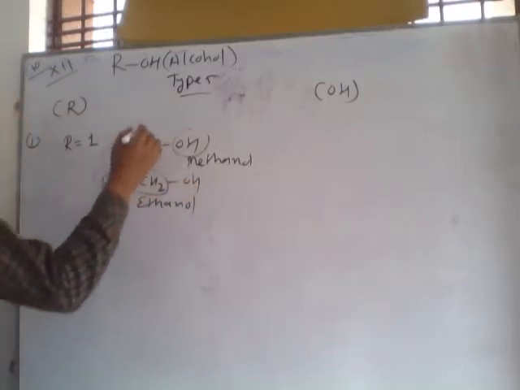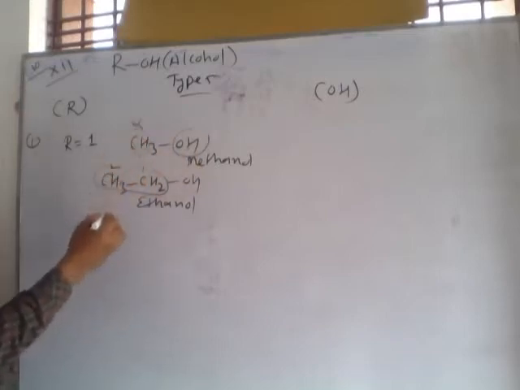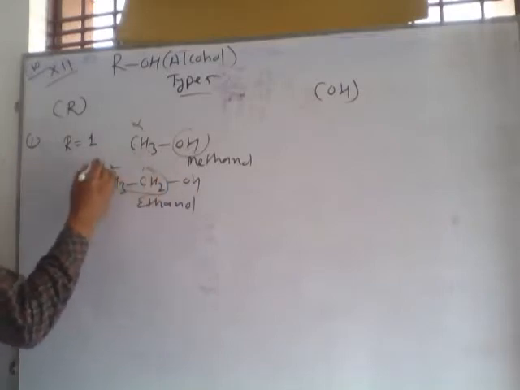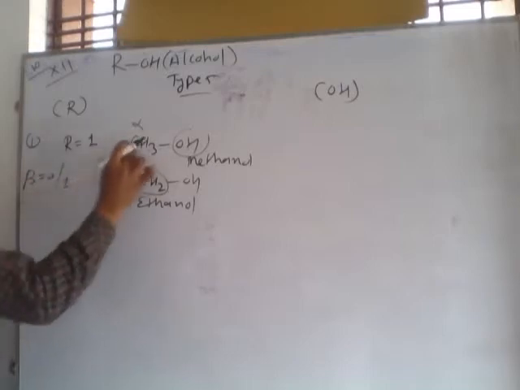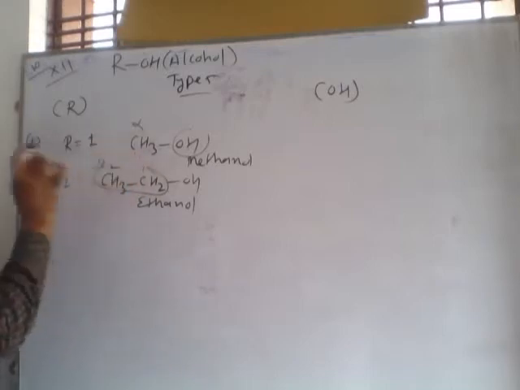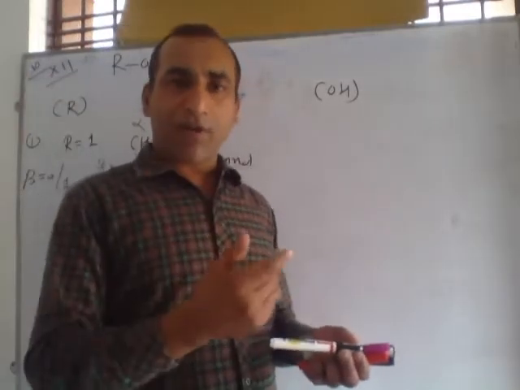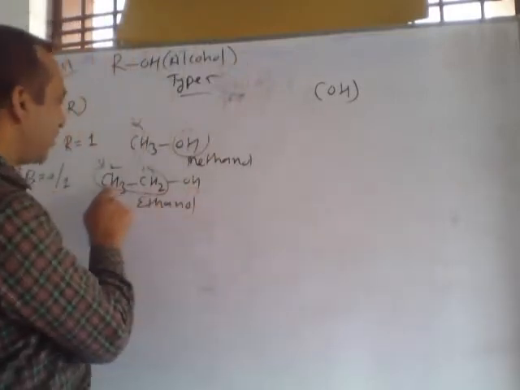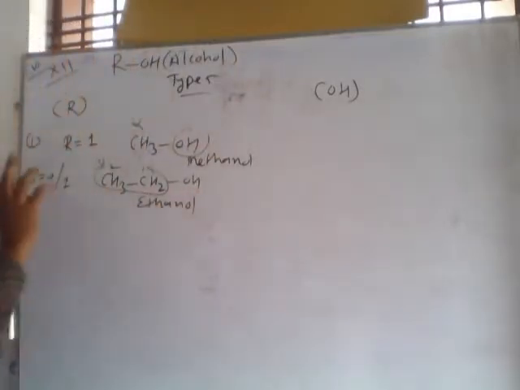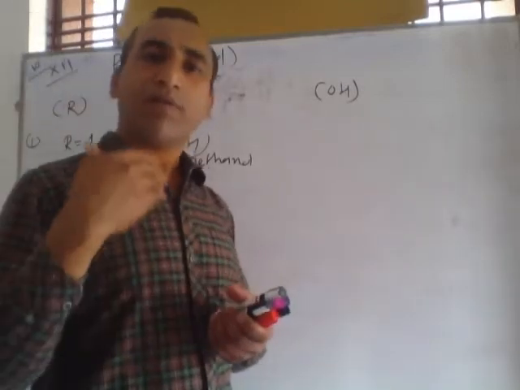In this condition, the carbon connected with the functional group is called alpha, and this one is beta. If number of beta carbon are 0 or 1, in this case there is no beta, but in second case there is one beta. Beta carbon means carbon which is connected with alpha. What is alpha? Alpha means directly connected with functional group. This is the functional group connected with alpha, this is beta. So if beta is 0 or 1, these are called primary alcohol